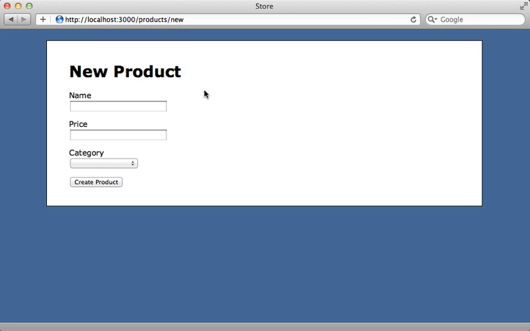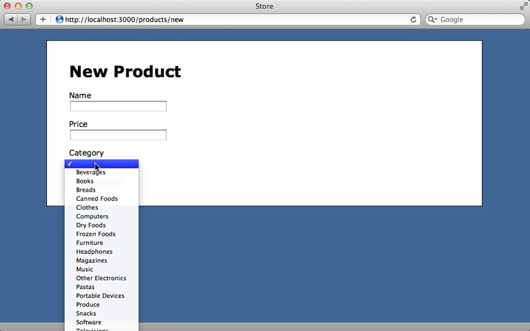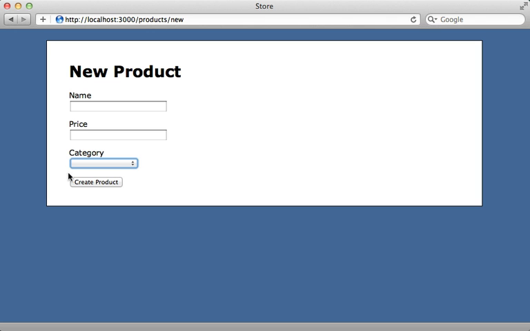We have a form here for creating a new product, and our product model belongs to a category. Whenever you have a belongs to association, it's common to use a select menu for choosing which record it belongs to. However, if there are a lot of options to choose from, this can be a little cumbersome. So instead, I want to show you how you can replace a belongs to association menu like this with a text field where the user types in and it automatically completes as the user types in a given category name